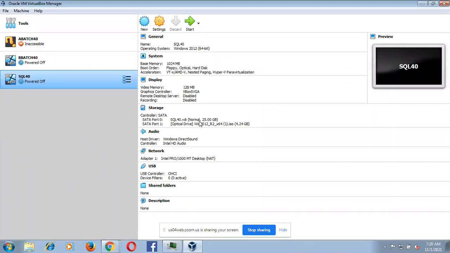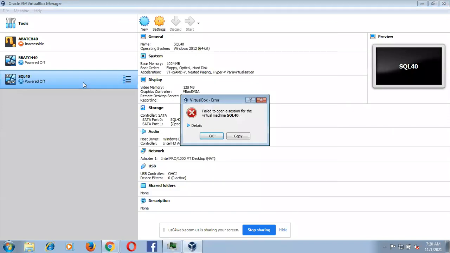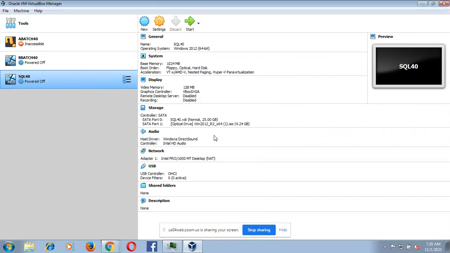Now double click on the machine, SQL 40. Just expand the details. Click on the details. Double click on the machine. Again, double click.